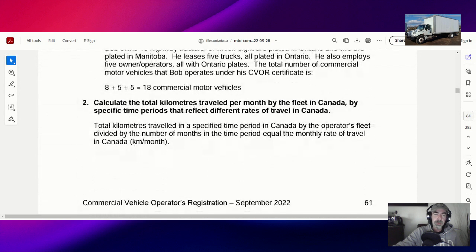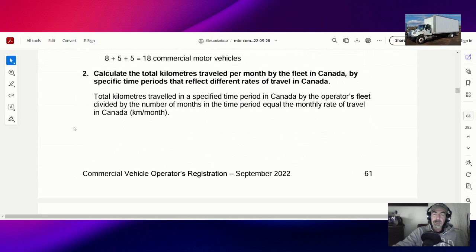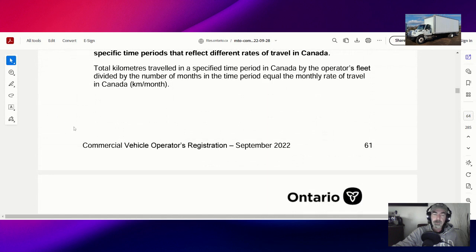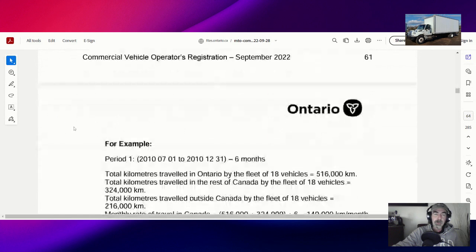commercial motor vehicles. Calculate the total kilometers traveled per month by the fleet in Canada by specific time periods that reflect different rates of travel in Canada. Total kilometers traveled in a specific time period in Canada by the operator's fleet divided by the number of months in the time period equals the monthly rate of travel in Canada. Kilometers divided by month. For example, period 1,